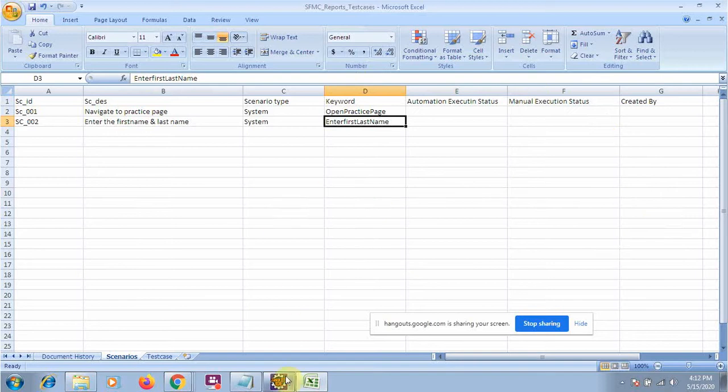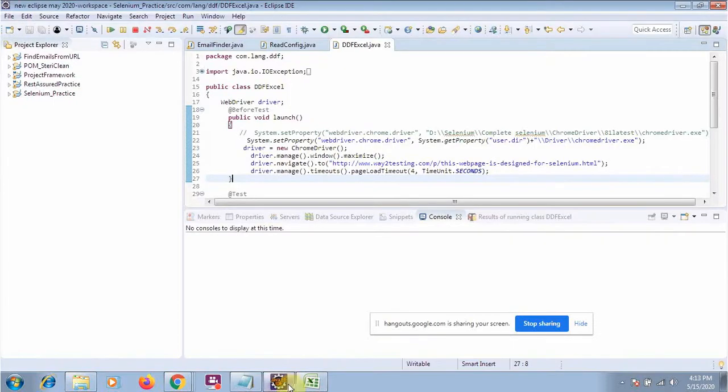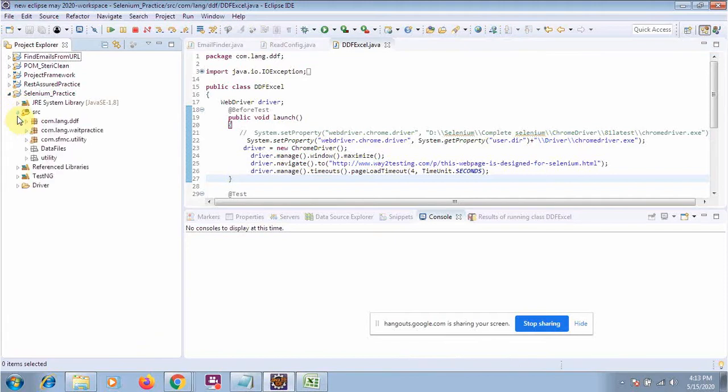Okay, so now let me create some project, and here I will show you how to work on the keyword driven framework. Okay, so as in my previous tutorial, let me create a new package instead of creating a new project. I will right click on it and just create a package.